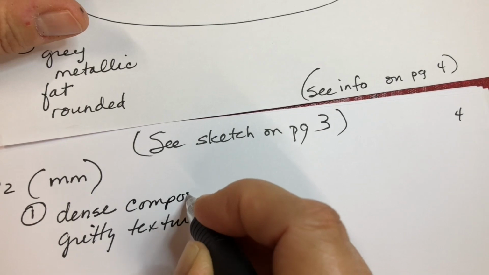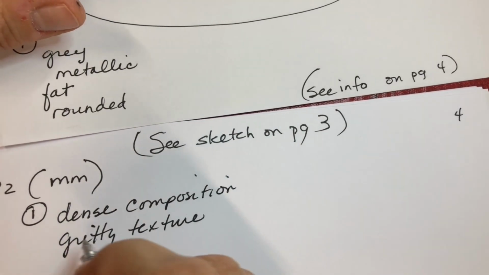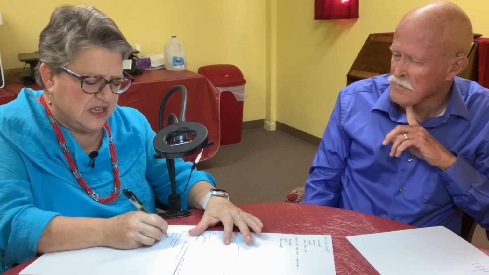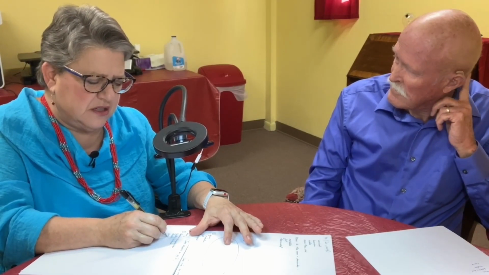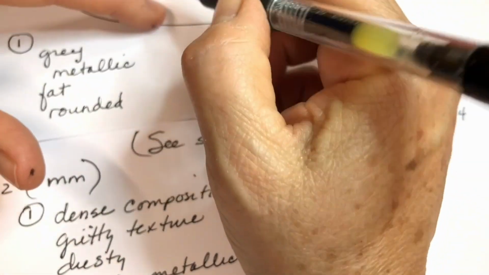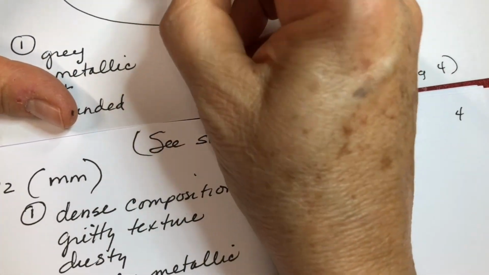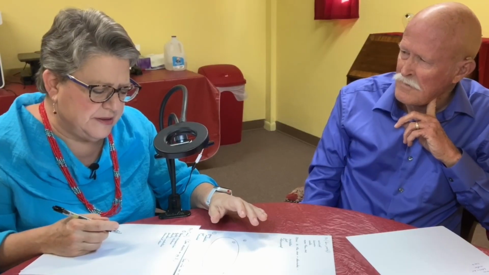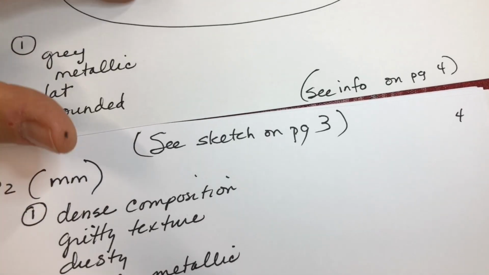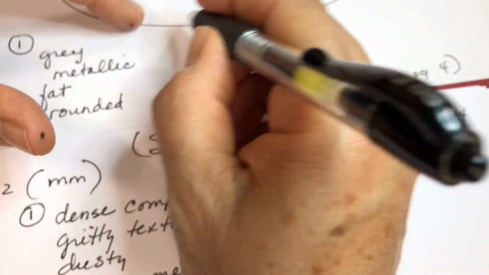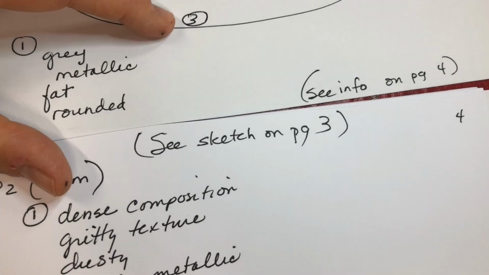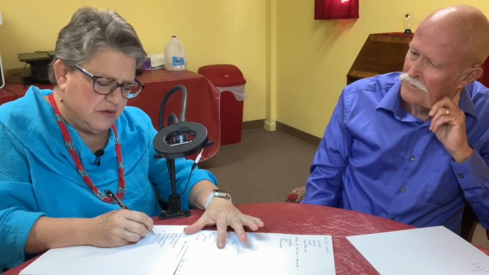It's a dense composition. It's a gritty texture, like it's dusty. It smells metallic, chemical odor. Feels like it feels like 2 is an opening, hollow,